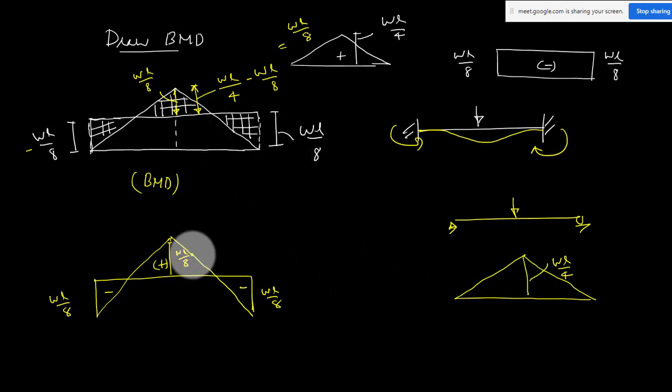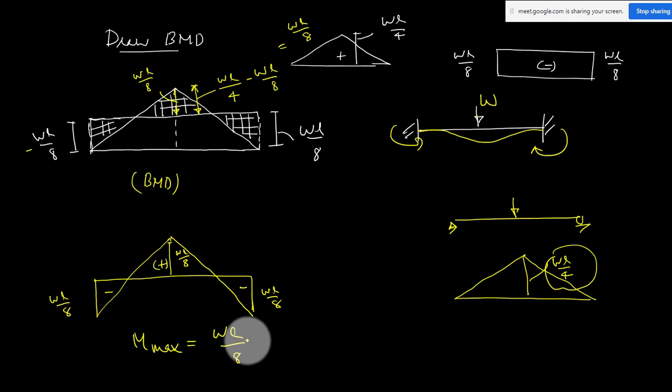You can compare another advantage of having a fixed beam. Your moment values are going to be reduced. So in this fixed beam, for the same load W, the maximum moment is WL by 8, sagging moment at the midspan. Or if you see the negative moment, maximum is WL by 8. Or if you see only the magnitude, the maximum moment in the fixed beam for the same loading, a concentrated load at the midspan center, is only WL by 8. But for the same loading for the simply supported beam, the maximum moment is at the midspan, that is WL by 4. This is just 50% of your maximum moment in the simply supported beam. So the maximum moment values will be less in the case of fixed beam. That is why your deflection also will be less in the case of fixed beam.